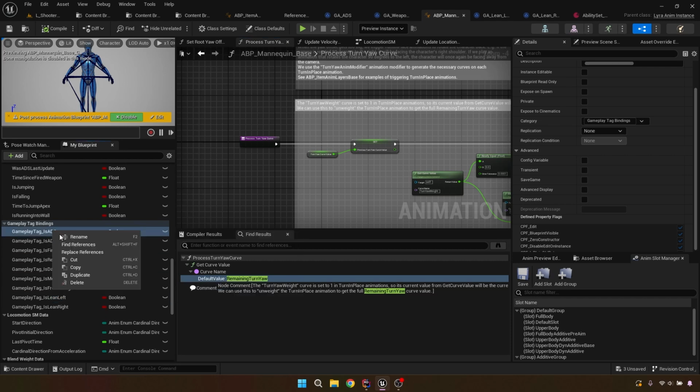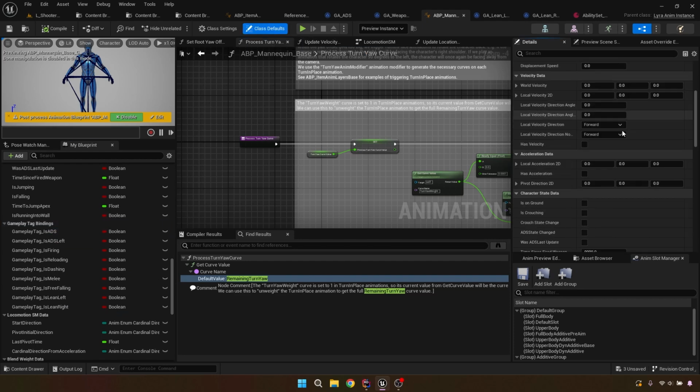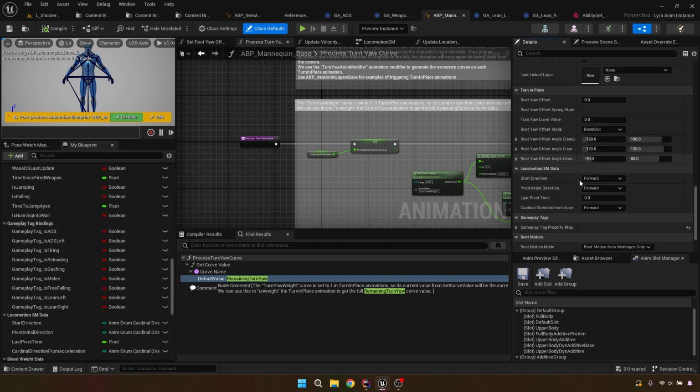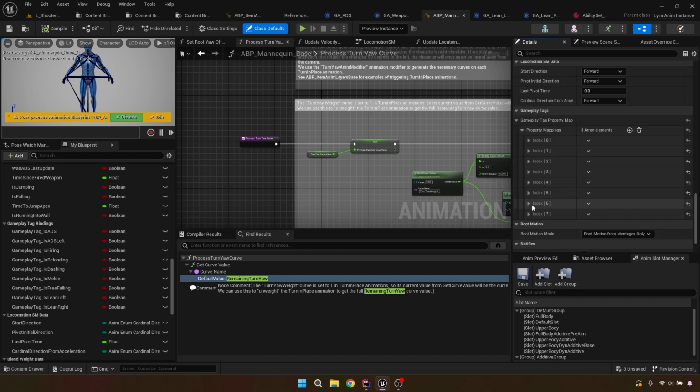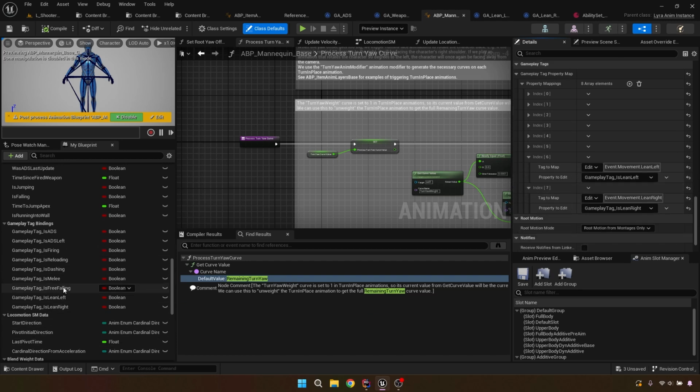Maybe just take the ADS and duplicate, rename it what you want. Go under the class defaults. You're going to scroll all the way down to gameplay tag property map, and then you're going to add these here. If you rename your abilities after you name them in here, notice I've got this ADS left. It's not an actual ADS, but if I rename it, it kind of breaks everything. So just note that once you bind them, if you rename the variable, it breaks stuff, so you'll just have to go through and